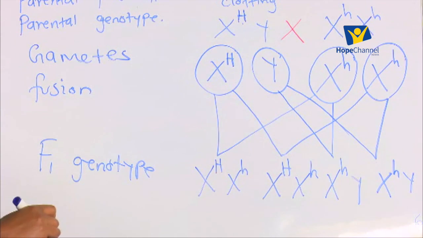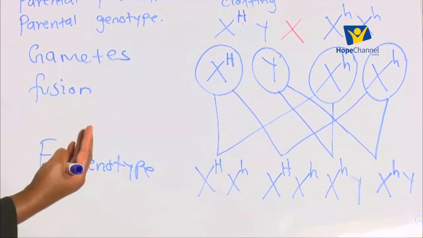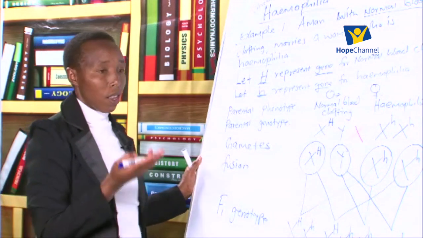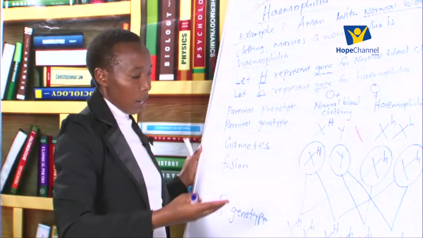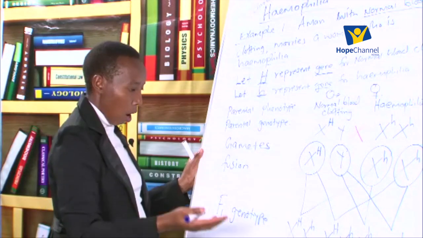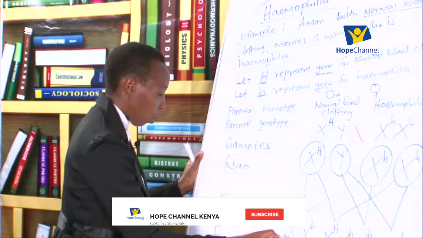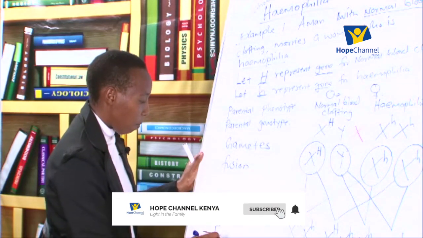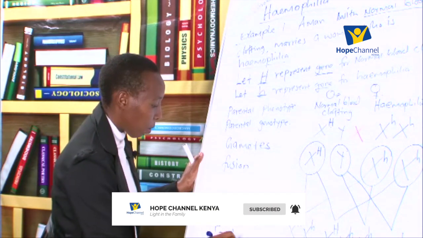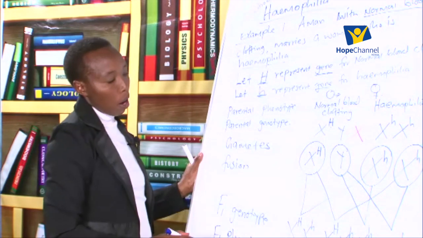F1 genotype. Now, genotype, you know, we cannot see. Physically, you cannot observe and say this person is having this characteristic. So it is good that now we interpret. If someone is having this genotype, what does that mean? So, F1 phenotype. Phenotype, now physically, what will we see? We are going to see